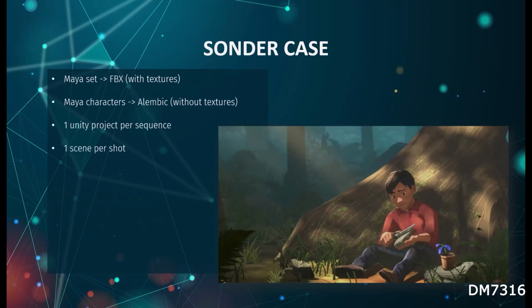Just an example of production. This one is a movie. It's not what we will do this semester because we will do something real time. For this movie, you cannot play it in real time because they did some compositing for some shots in Nuke. The too complex compositing, they did it in Nuke. But just to help you understand, you have in Unity the project, you have the scene,